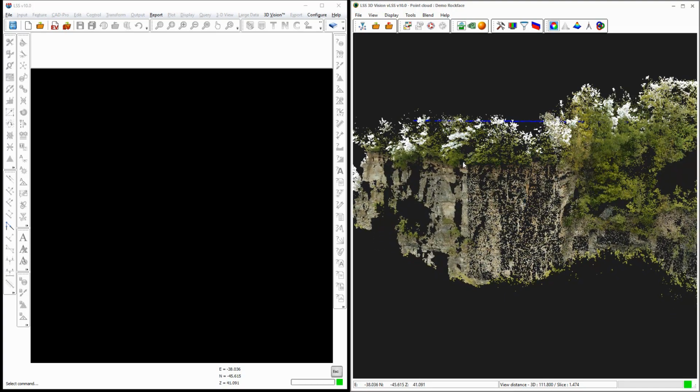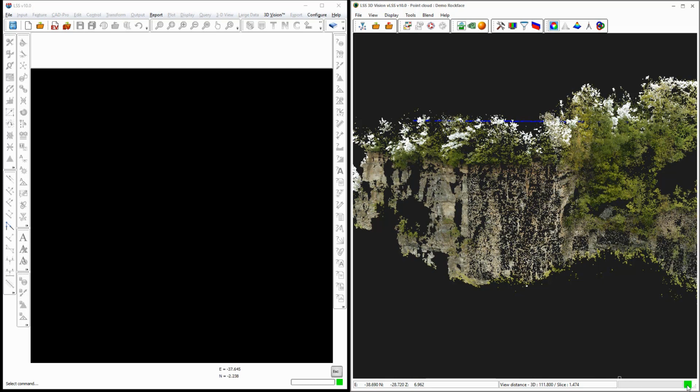Let's have a look at some of the general displays. Let's just concentrate on the icons for the time being. This will open up a new point cloud. This will close the current one. This will over display an LSS survey,